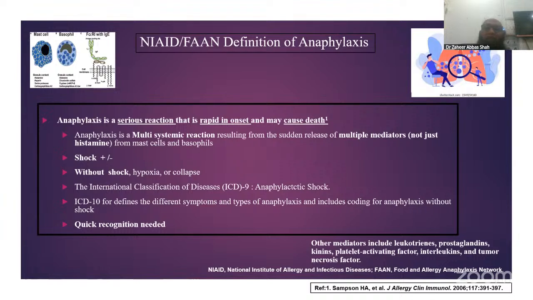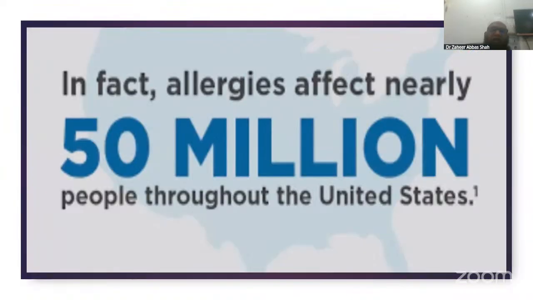There are multiple mediators responsible for this, as it is a multisystemic reaction, and the mediators are not just histamine. It could be prostaglandins, kinins, platelet activating factors, interleukins, and tumor necrosis factors. Leukotrienes are also there. The reaction could be associated with shock or without shock as well. Quicker recognition is needed, as we know that allergies may affect nearly 50 million people throughout the